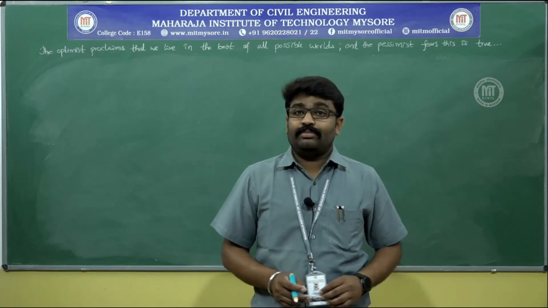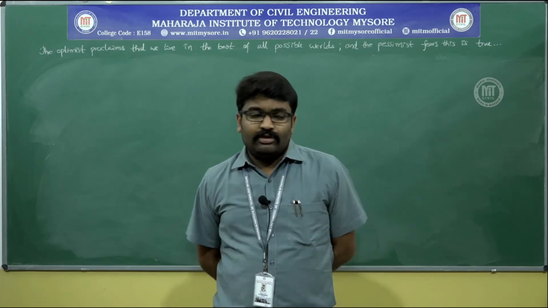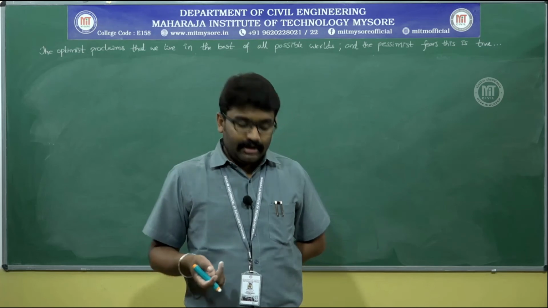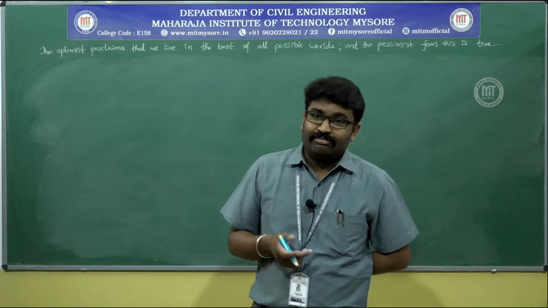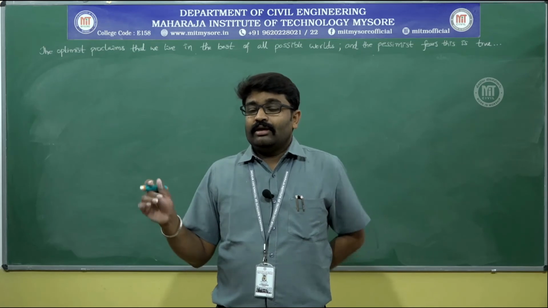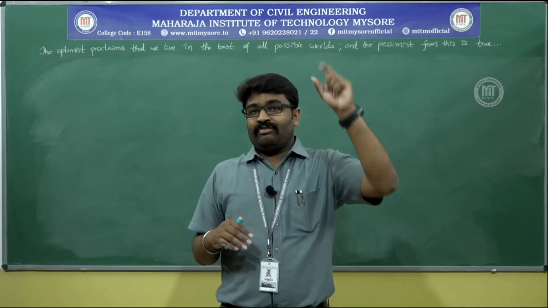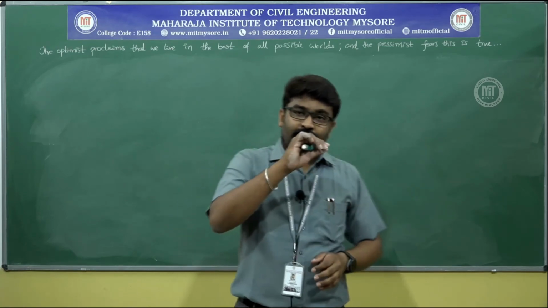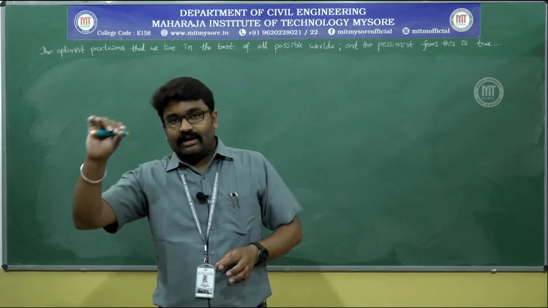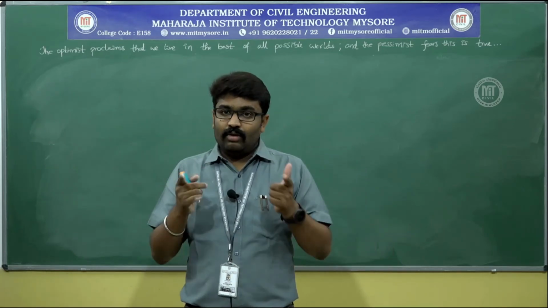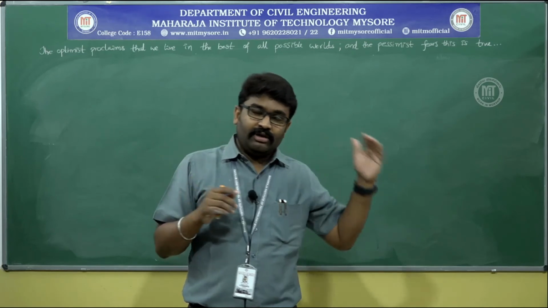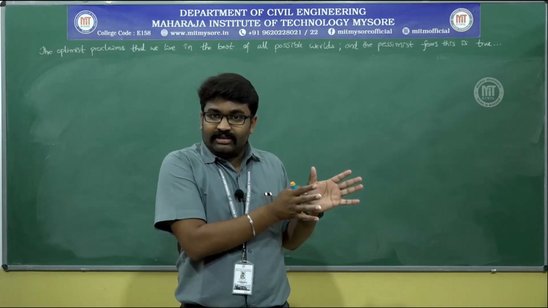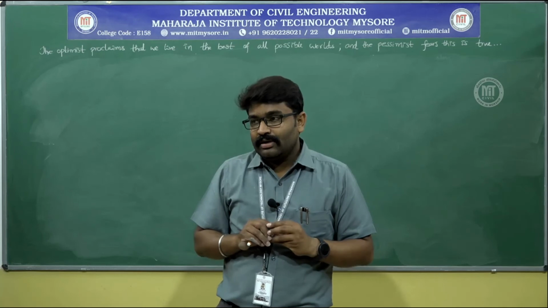Now, what are the things that are given in the problem that will help us solve this? Of course, it is dependent on the equation that you already know, that tau is equal to mu into du by dy, which can be further written as F by A is equal to mu into du by dy. Now, he says there is a gap of height h between two large plane surfaces, and in between them a plate of again a large extent is being pulled. If you observe carefully, this is a kind of problem that we have already solved, but that was solved with numerical values. Now, you do not have numerical values.